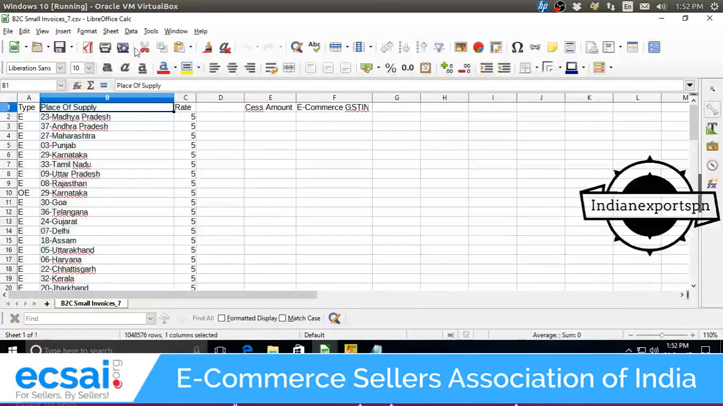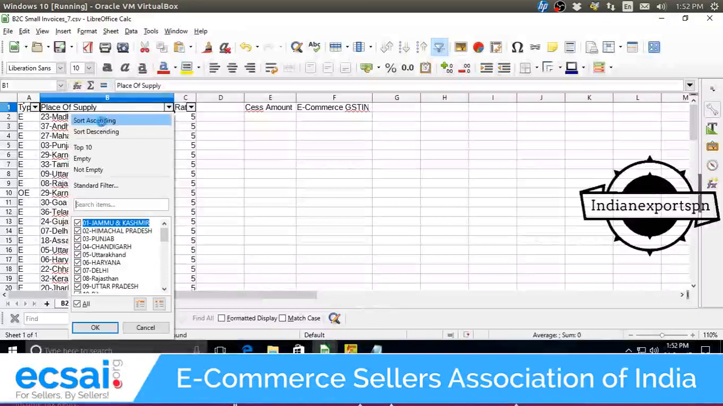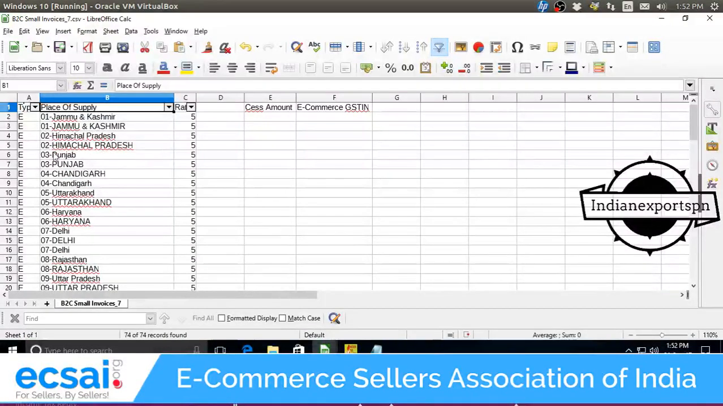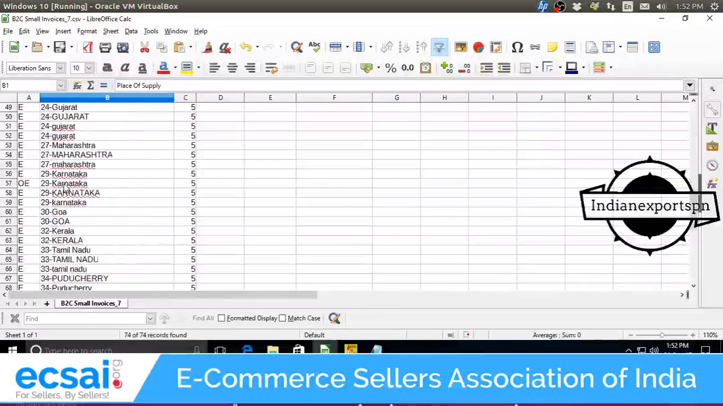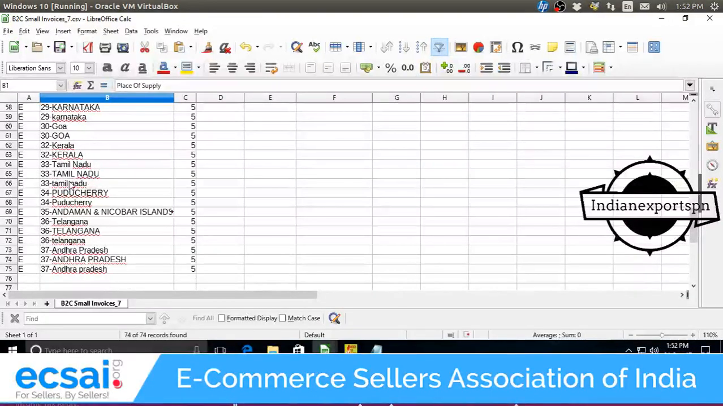Just give me a moment. Data, autofilter and sort ascending. Okay, so number 1 is Jammu Kashmir, 02 is Himachal Pradesh, 3 is Punjab, 4 is Chandigarh, and so on. On similar lines, you need to give